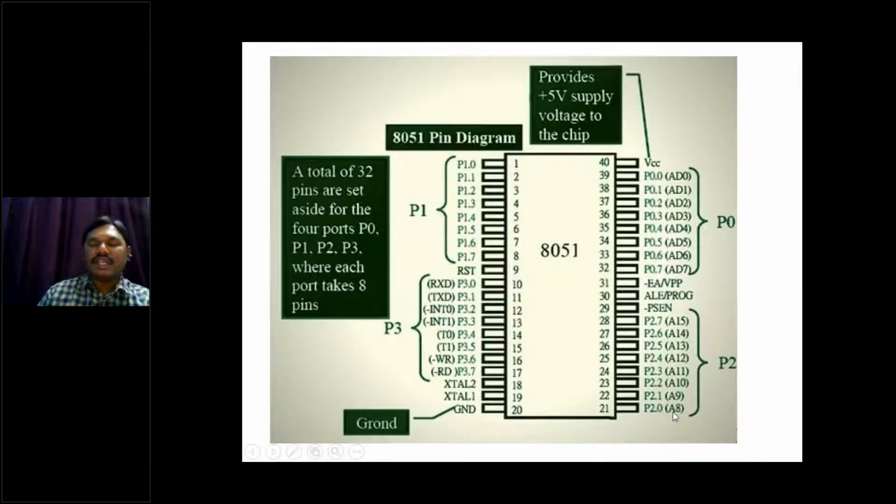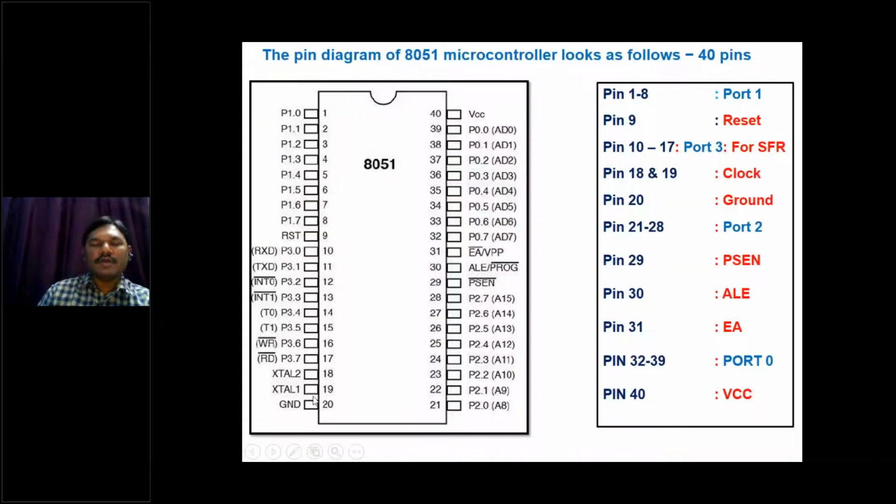Right, whereas in the case of 16 address lines, here we have only 8 address lines multiplexed, and the higher byte of address lines A8 to A15 are available at port 2. Port 1 is only an IO port, but port 3 is a special function register port that we will see. Right, so here these two are oscillator pins to generate the clock signals, and here it is called external access, and this is called address latch enable, and this is called program store enable pin.